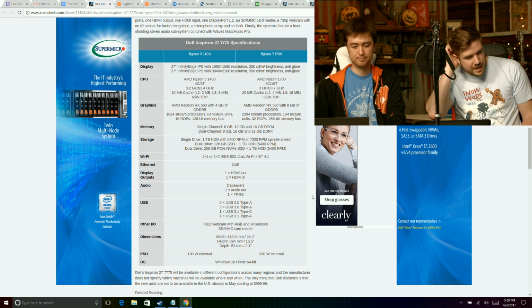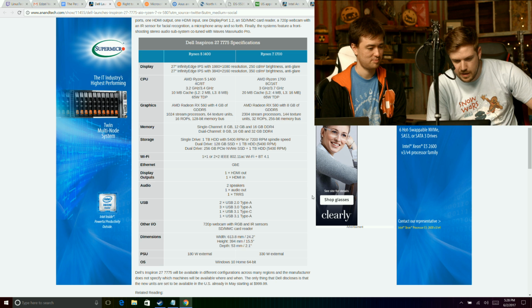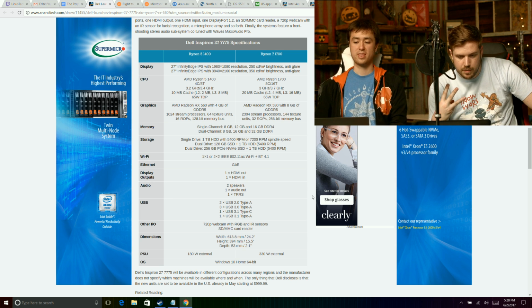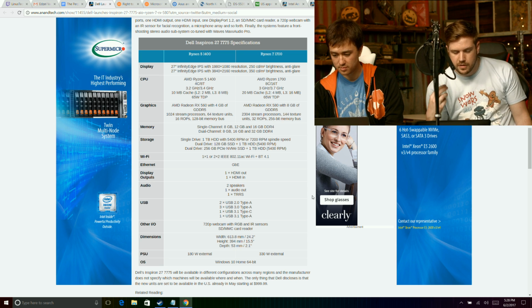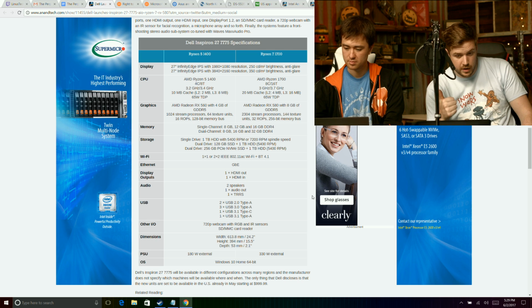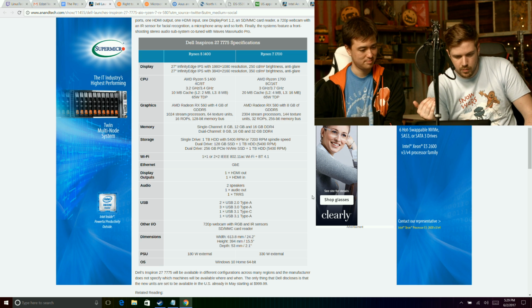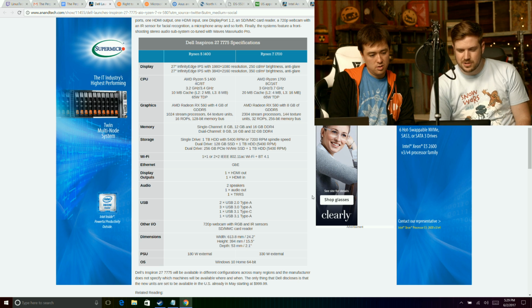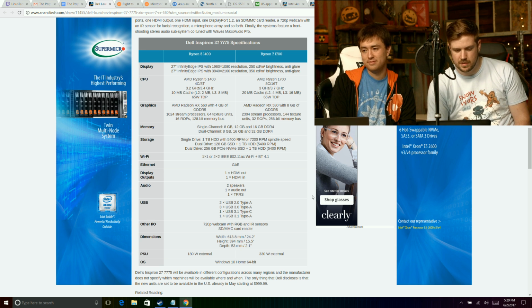Yeah. In terms of USB connections, which is a topic of much debate these days, I do see Type-C, which is good. They have 2 USB 2.0 Type A, which is fine, 3 USB 3.0 Type A, which is good, 1 USB 3.1 Type C, which is solid, and then 1 USB 3.1 Type A, which is also pretty good. The webcam is 720p, which is actually a little disappointing. Still seeing stuff showing up in 720p is